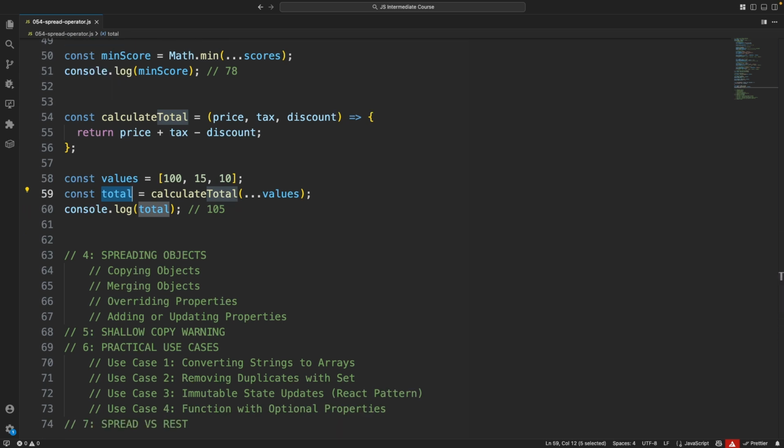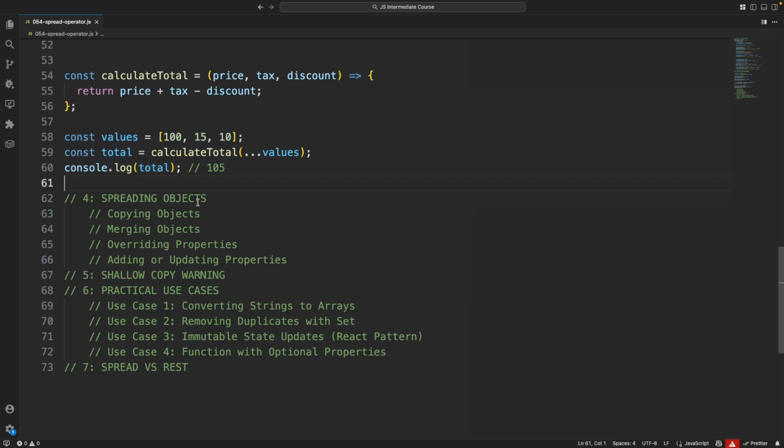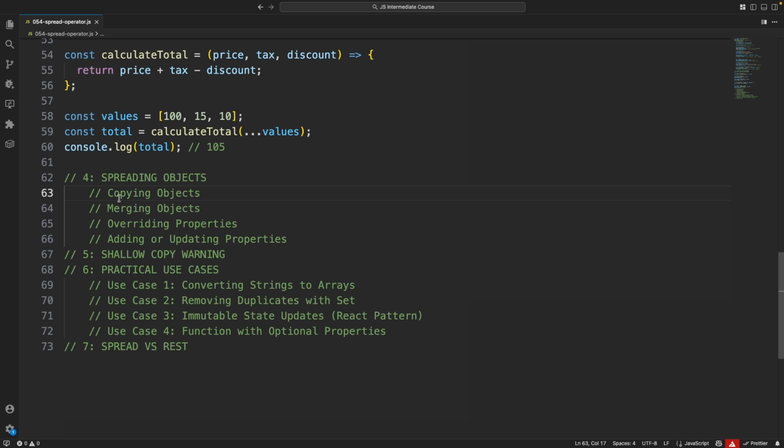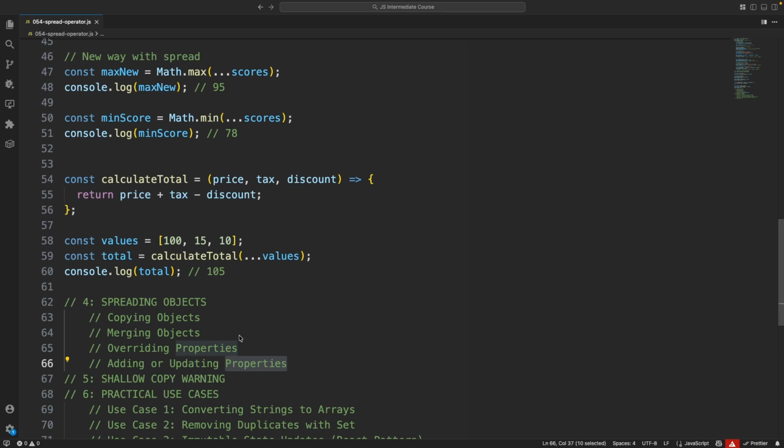Okay. Now the spread object. I'm setting four spread object use cases: copying an object, merging objects, overriding properties, and fourthly, adding or updating properties. For copying an object, as with the array,